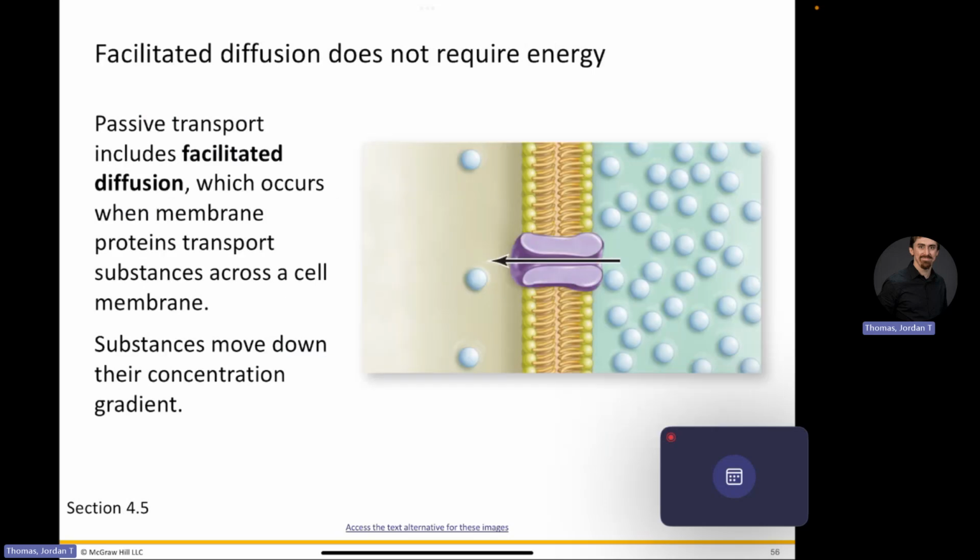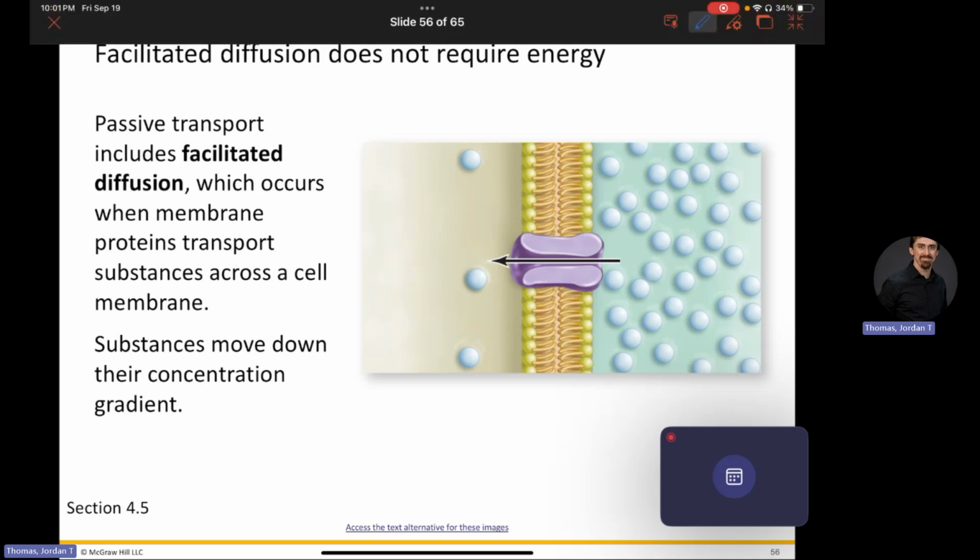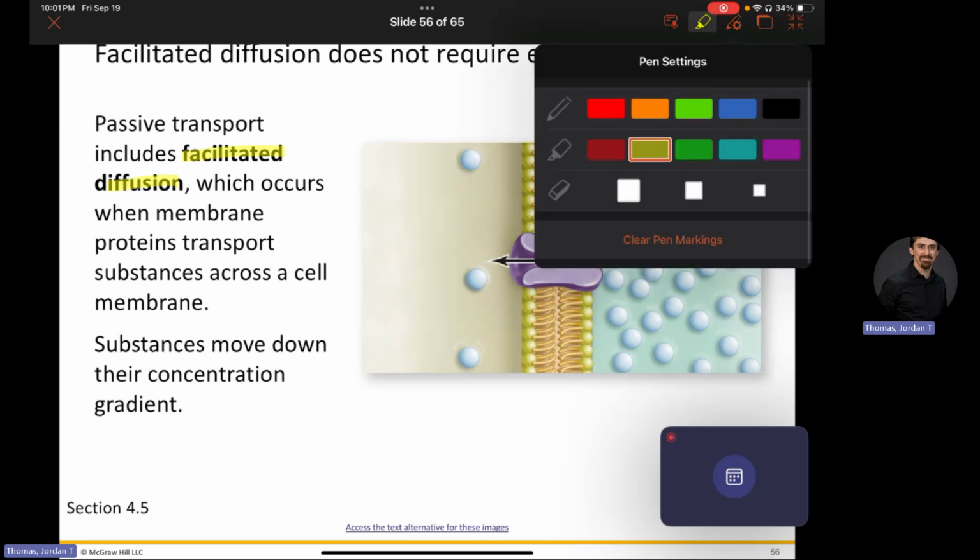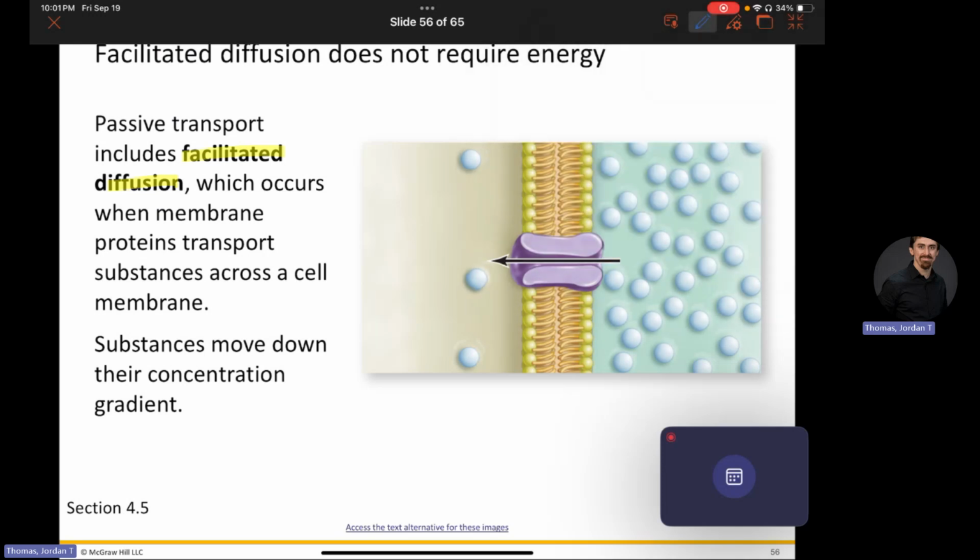Now, that was all we talked about: simple diffusion, molecules going down the concentration gradient, passive transport, but molecules going straight through the membrane. They're small nonpolar molecules. We talked about osmosis, movement of water. Now let's talk about facilitated diffusion. Still passive transport going from high to low concentration. But the key difference here,